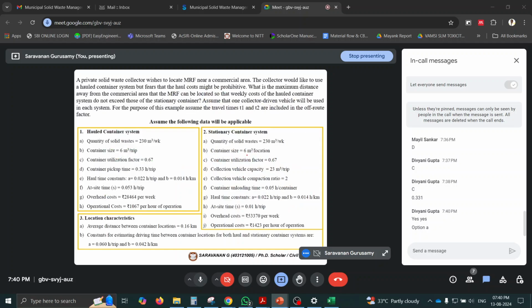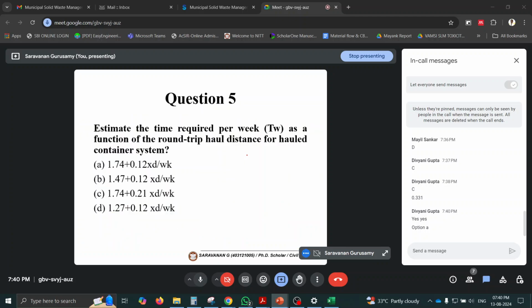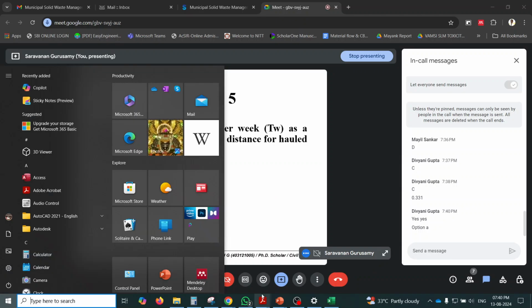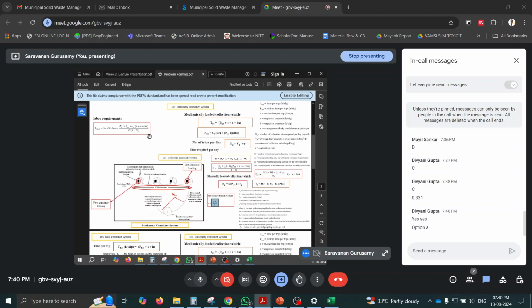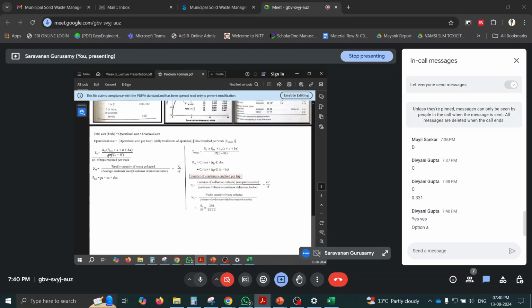Okay. So next question is same data. The question is: estimate the time required per week as a function of round trip haul distance. So function of haul trip distance is x. So we need the answer in terms of x for hauled container system. So for hauled container system, what is the formula for TW? Can you go to the same PDF? So TW is equal to, for hauled container system,